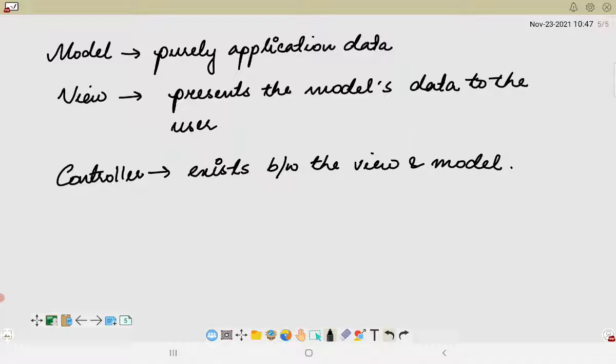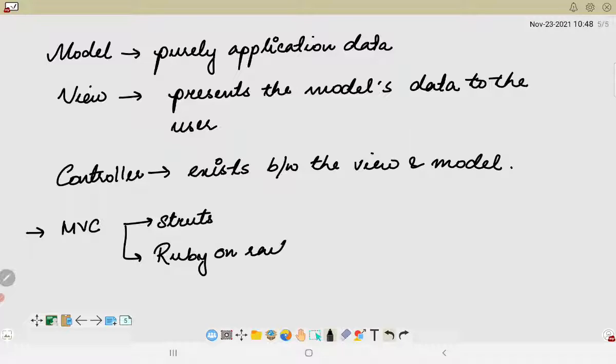Now, one more thing that we have to remember, it is just a basic idea about this. MVC was initially included in two major web frameworks. One is known as Struts technology and the other is known as Ruby on Rails. So these are the two web development frameworks where MVC architecture was initially